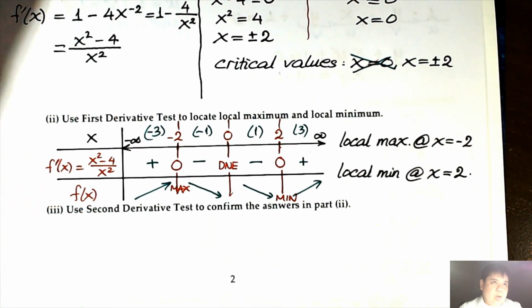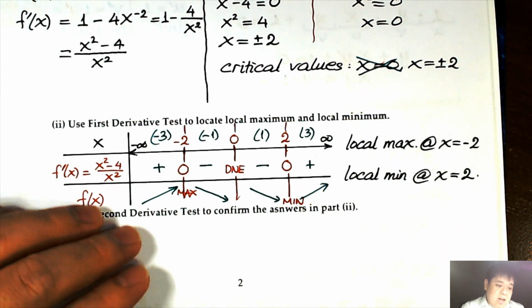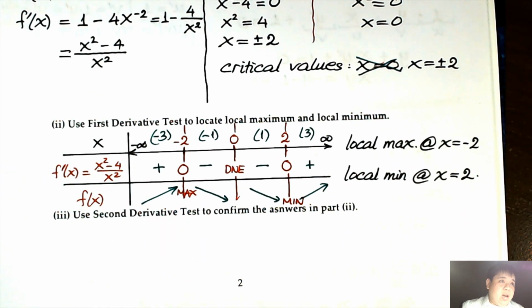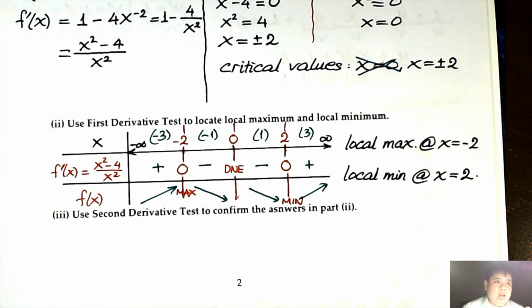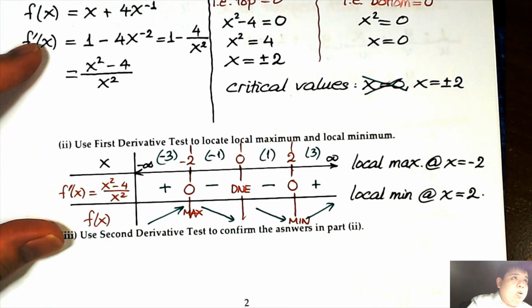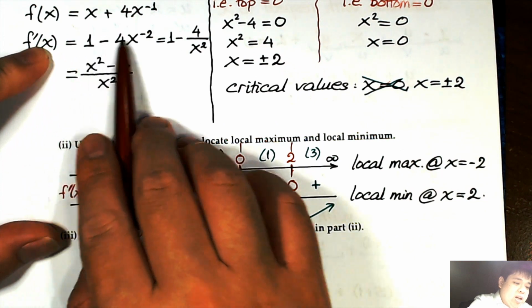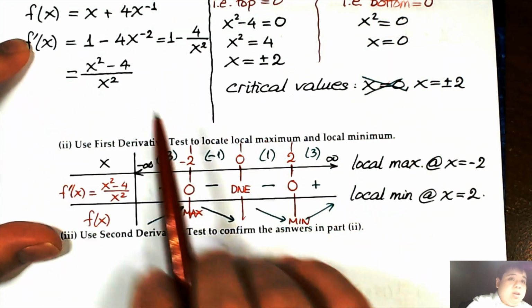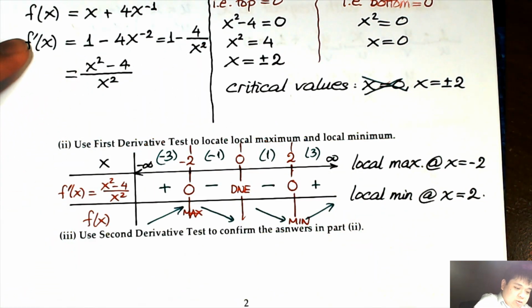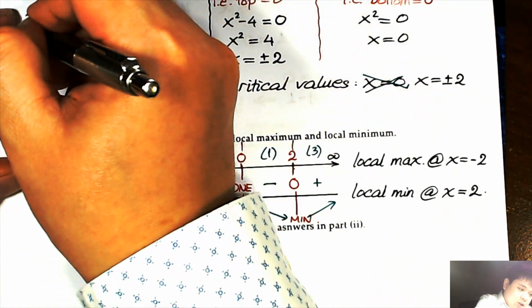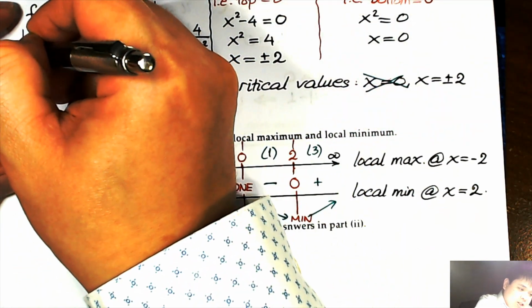Right? So the derivative tells us increasing or decreasing, and based on that we can find the maximum or minimum. For the second derivative test, we're not going to use this chart. We just use the derivative to test the point directly. So remember, for the first derivative we can use any of these. I'm going to keep this one because that is easier to differentiate. This is the first derivative,